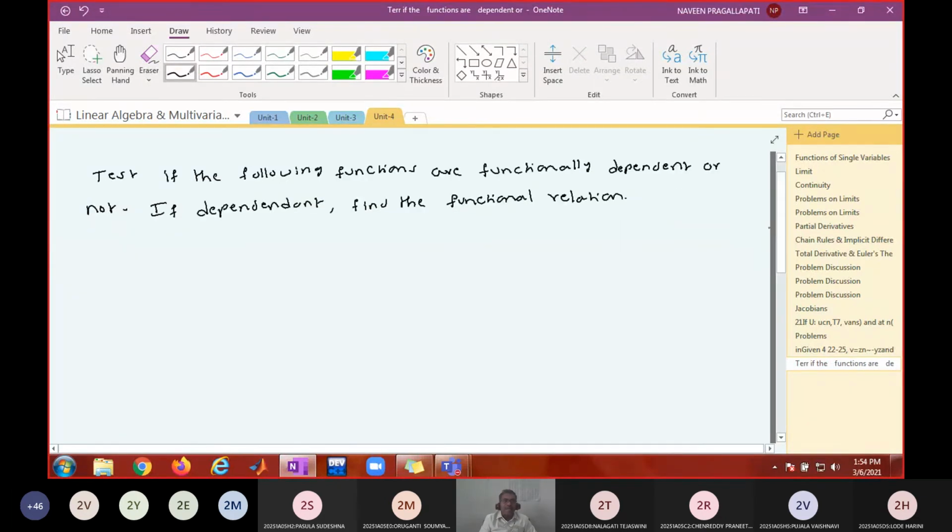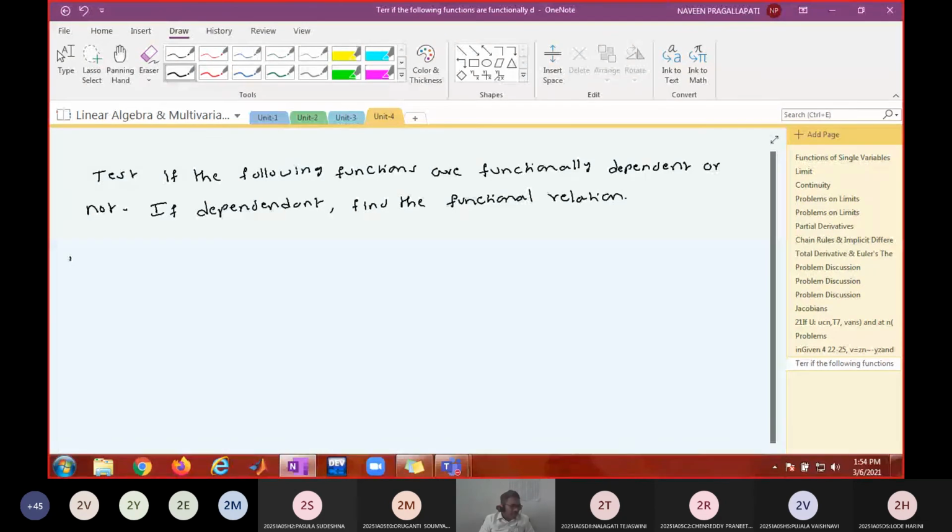Okay, so it's an important model. To know whether they are functionally dependent or not, you simply find out the Jacobian. If the Jacobian is non-zero, you say they are independent. If it is zero, you say they are dependent, and try to establish the relation. Okay. First one,